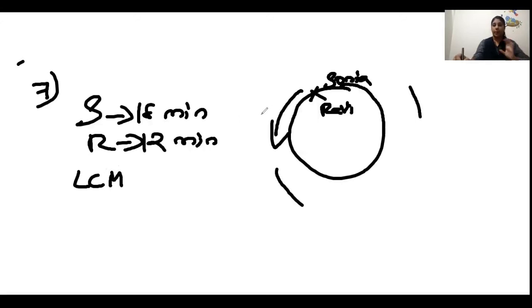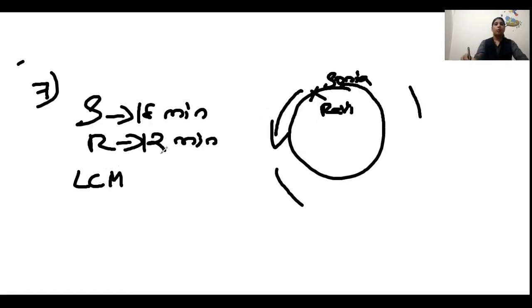Anytime, if two trains are starting from two points and they have given the times, what will you do? You will find the LCM of that. Then only you will get the answer. Every time, meeting point means if a question comes like this, you have to find the LCM. Before that, I have given a clue for LCM. Do you remember that? Least area, maximum number. Like that, if a question comes, in this type of meeting point, you have to find the LCM.